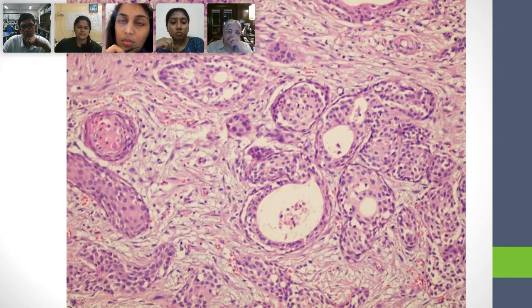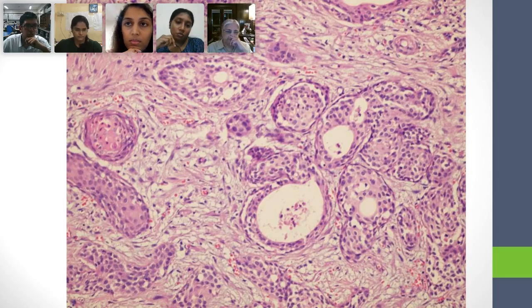Now here, come on, Ashish, tell me. The ducts show a luminal and an abluminal differentiation, with areas having squamoid, squamous-like differentiation, and there is some cribriforming over it. So there is some cribriforming which we can see. Excellent. Multiple little. But what do you want to say about cribriforming?